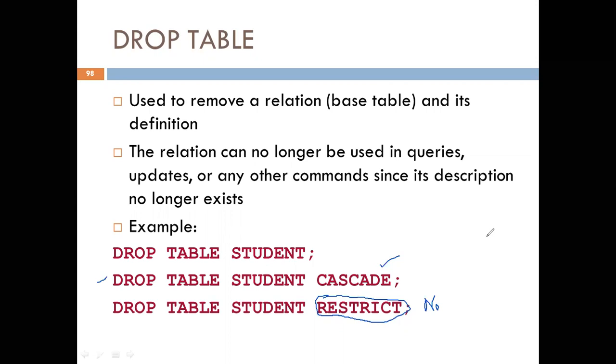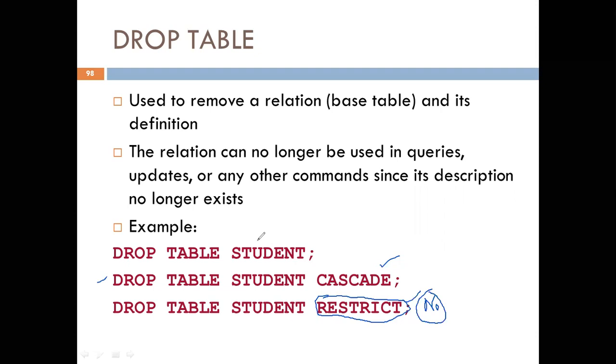If any data is there in the admission table that is referring to the student table, then the student table will not be deleted. Otherwise, it will not be deleted. That's the major difference between cascade and restrict.